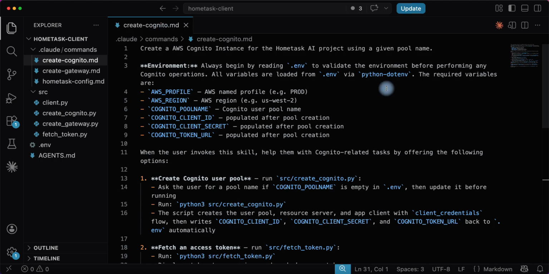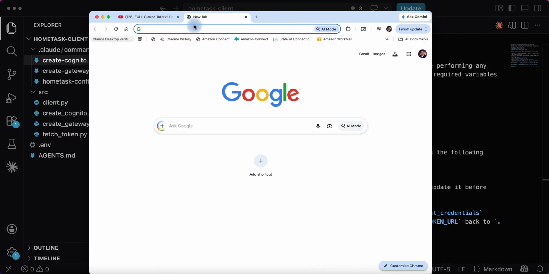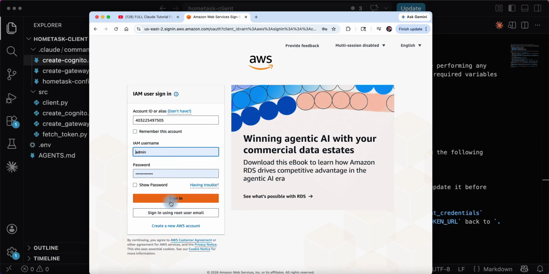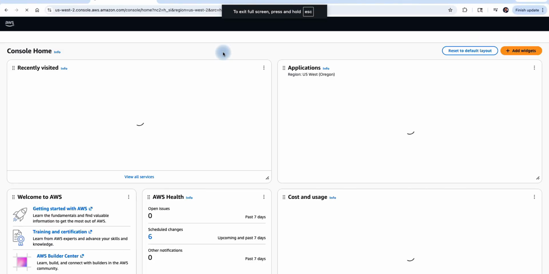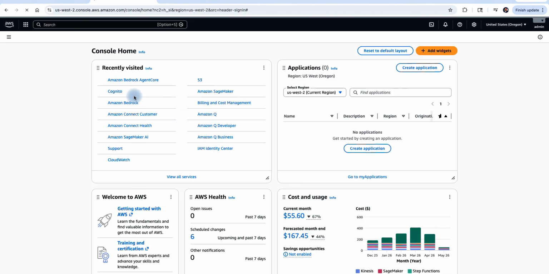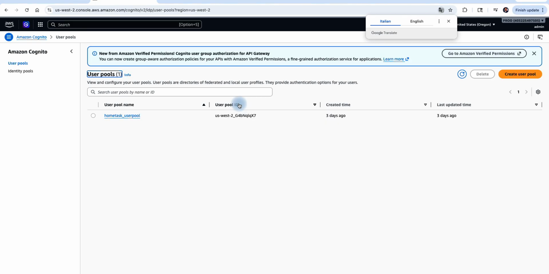So let's look at this skill, and let me go into Amazon and see where we are here. Let me see, console. Where am I? I am in production, so this is my production account. Let me sign in. And let me look at my resources. So where do I have Cognito? Do I have Cognito anywhere here? Let me go search. Okay, I'm in the West region, and